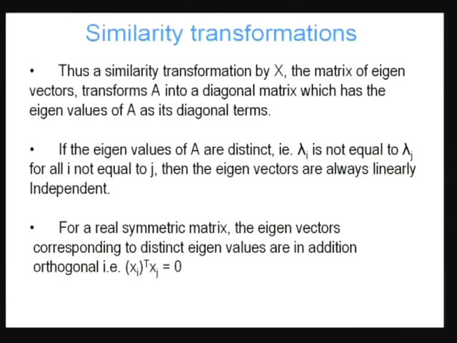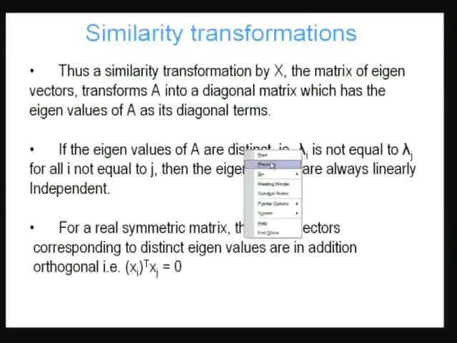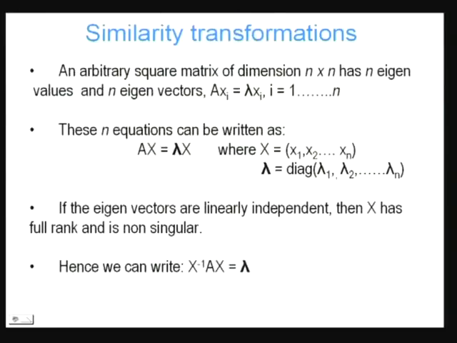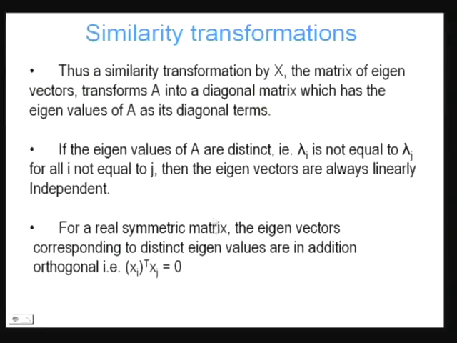Thus, a similarity transformation by X, the matrix of eigenvectors, recall that earlier the transformation that we looked at, this relationship, this is basically a similarity transformation on A, right? So what we are saying is that if we do a similarity transformation on A using the matrix X, we get a diagonal matrix. We transform A into a diagonal matrix which has the eigenvalues of A as its diagonal